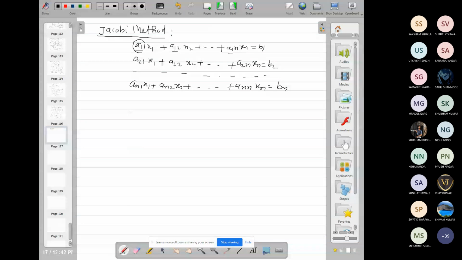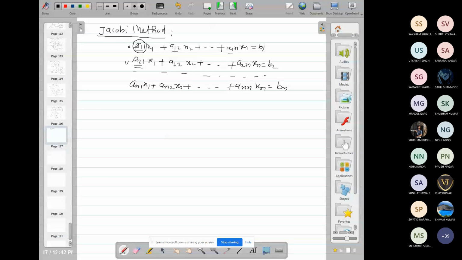This should be large in the first row. Suppose it is not, then we need to check in the first column which one is large. If a21 is large, then we need to put the second equation as the first equation here. First arrange the equations in order